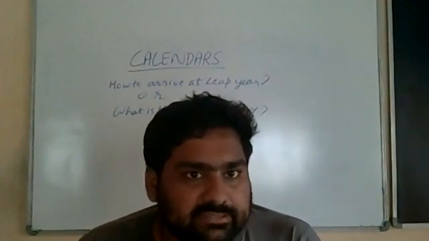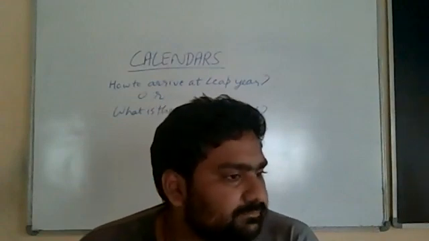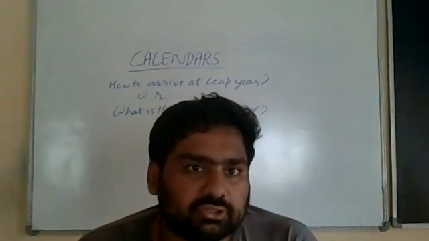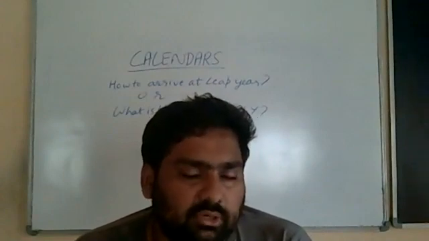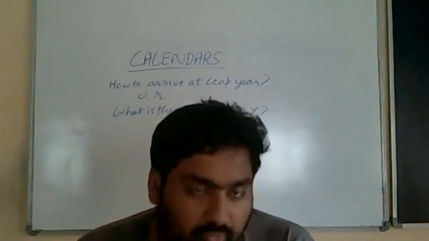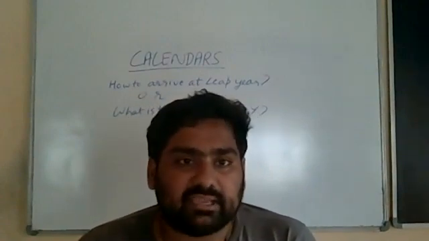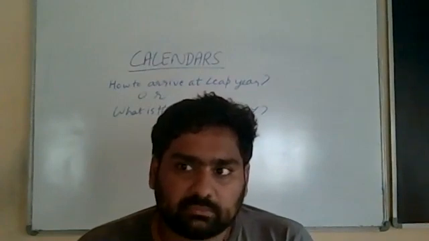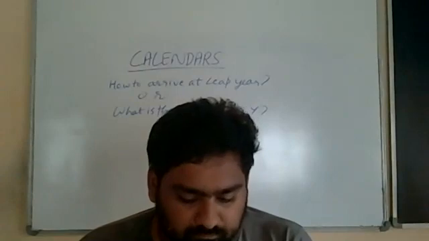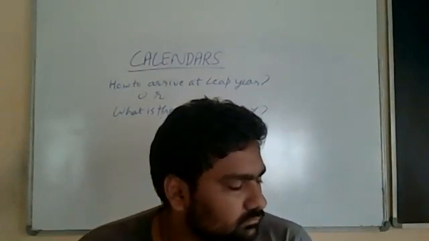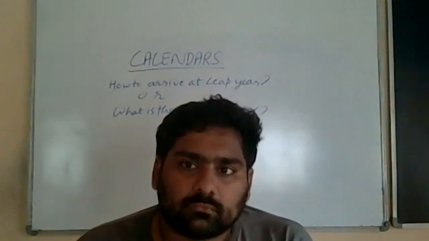Why do we have 30 days in April, but 31 in January? Why do we have 31 in March? Why 31 in May? Why 31 in July? Why do other months have 30 days? Why does February have only 28 days? And once in a while we have 29 days. Why is it? Anybody? Any logic behind this? Anything that you know? Guys, anyone?